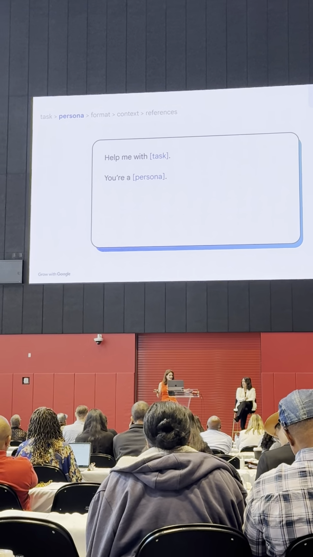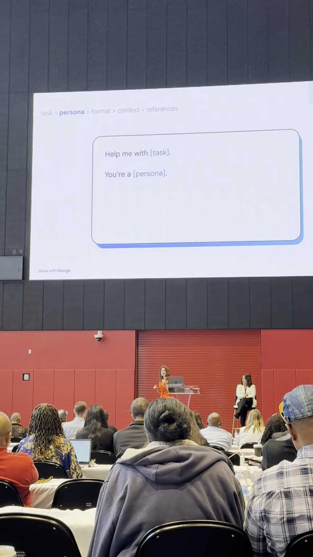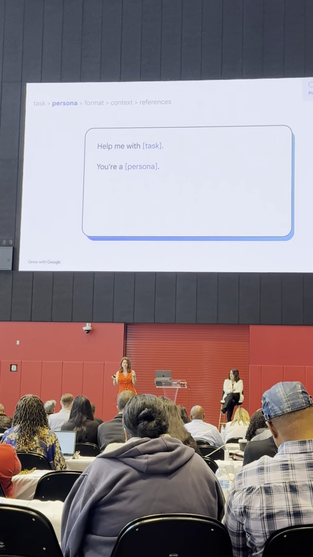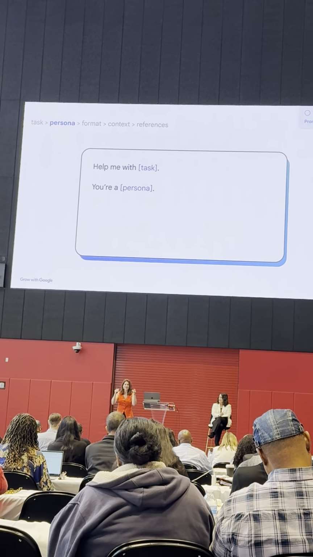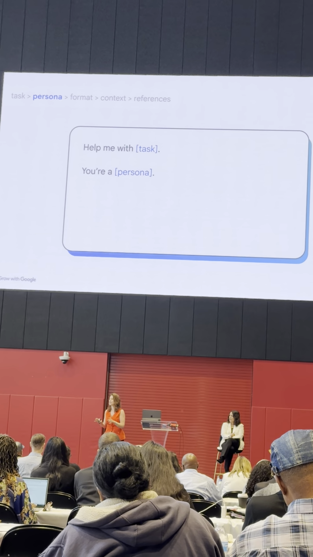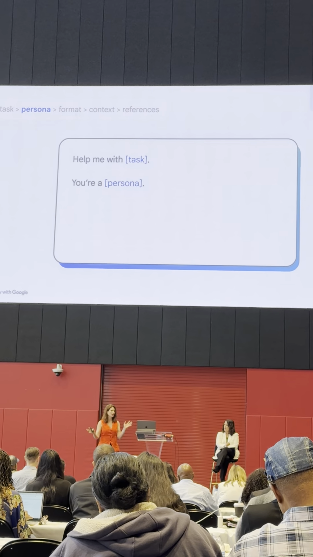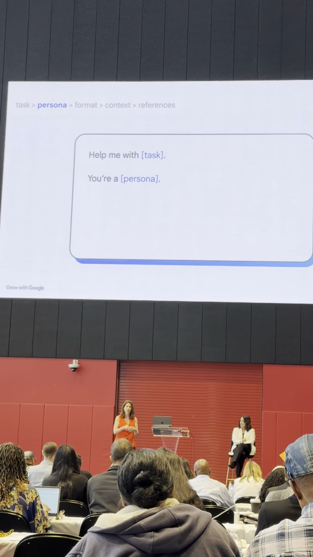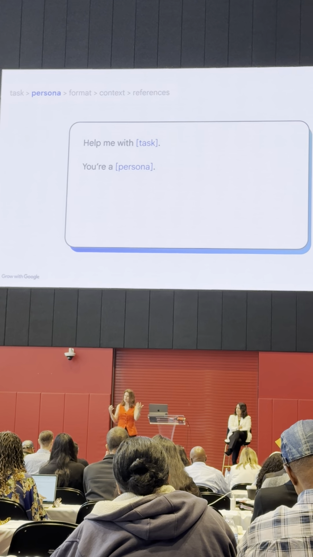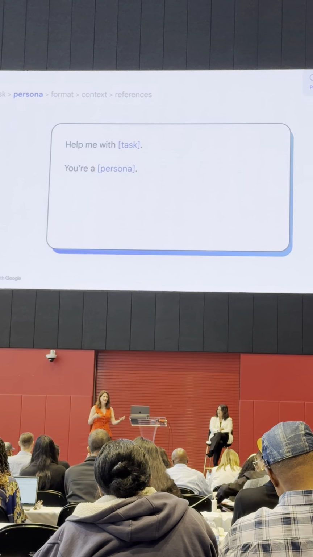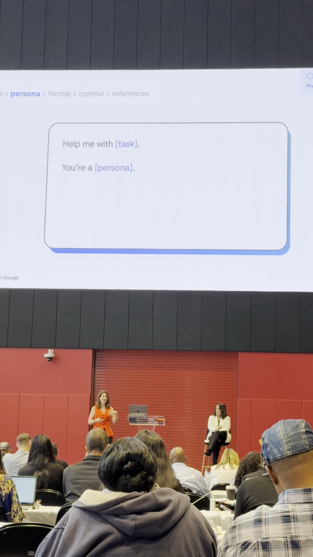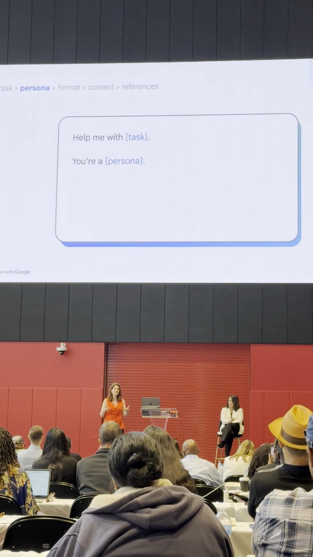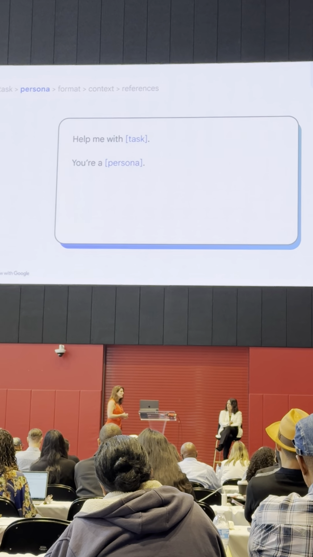Now, persona. I already touched on that a little bit, but again, think about what expertise you want to pull from. That is the next part of your prompt. Incidentally, all of these 5 things don't need to be in any particular order. It doesn't matter where you write them in, it's just that all the ingredients have to be in there when you are creating your prompt. So it could be, as a chef, as a marketer, as an airline pilot, whatever expertise you're pulling from, you need to tell Gemini or your AI tool who they are, so that